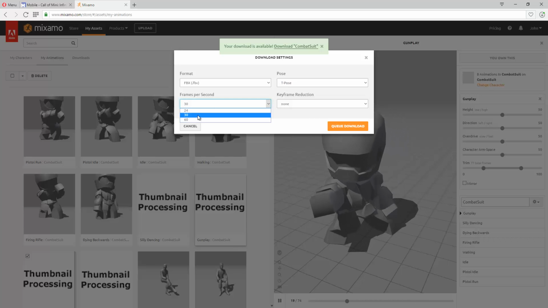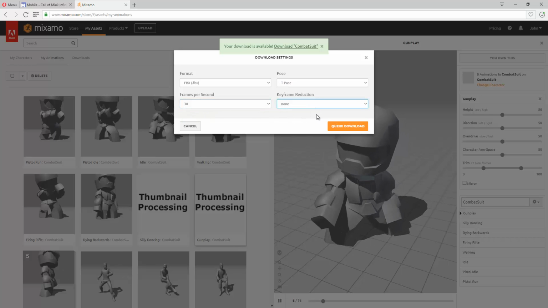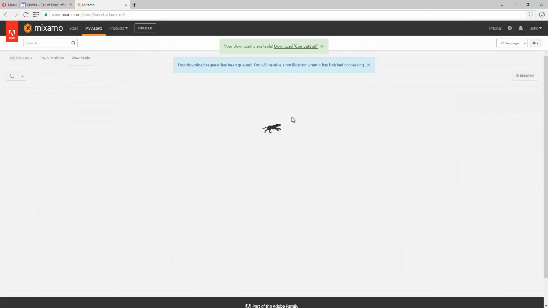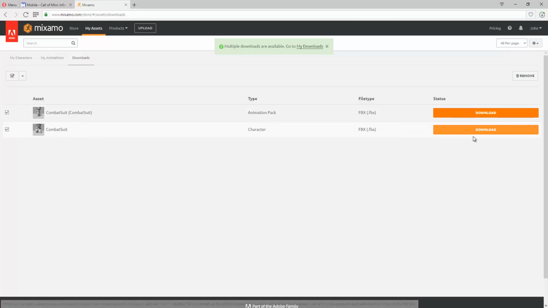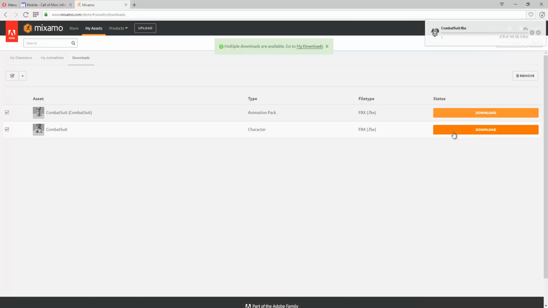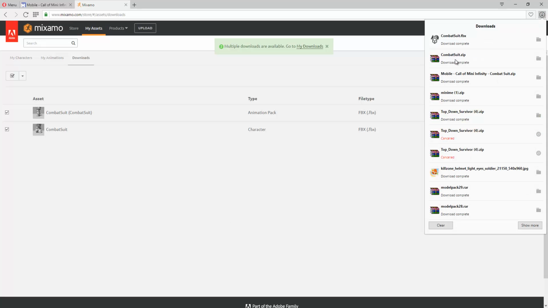FBX, T-pose, 30 frames per second. No keyframe reduction. Queue download. Animation pack. I'm going to click that. You want to click that, and you want to say download to both of them. Click your downloads, and that's your combat suit.